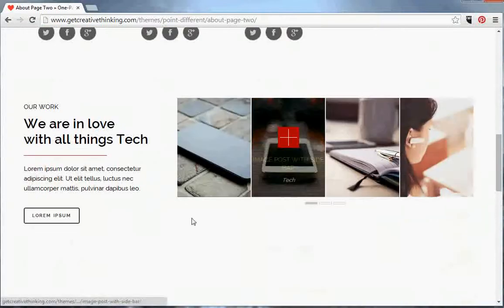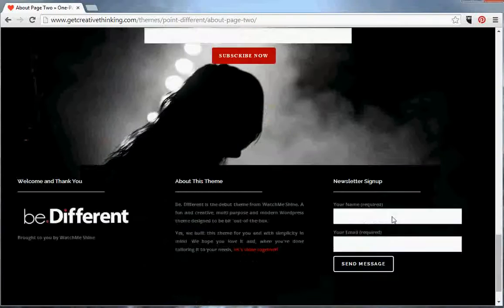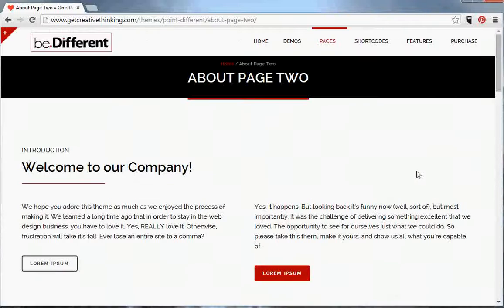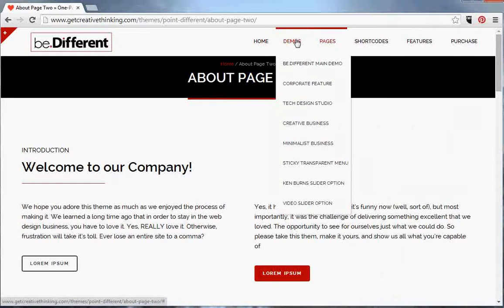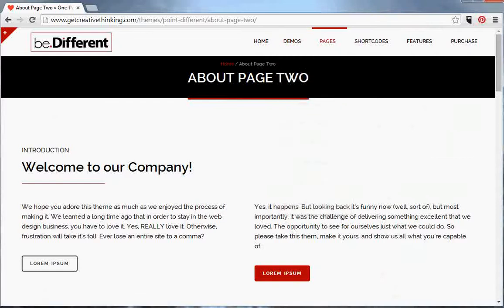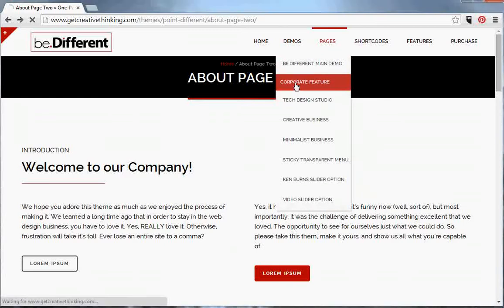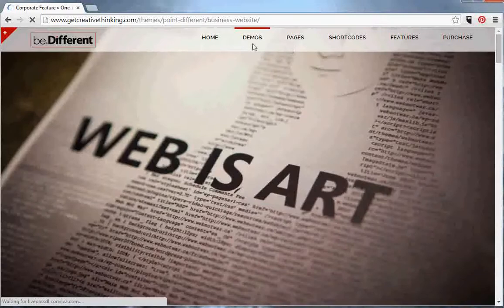So let's go back over to another one of the main demo options. Let me explain these buttons at the top, because that'll help a lot. The home page, of course, is the landing page, the page that has all of the links to all of these in location. Each of these is basically, if you were building one whole website and you weren't sure what you wanted the homepage to look like, a different homepage option,